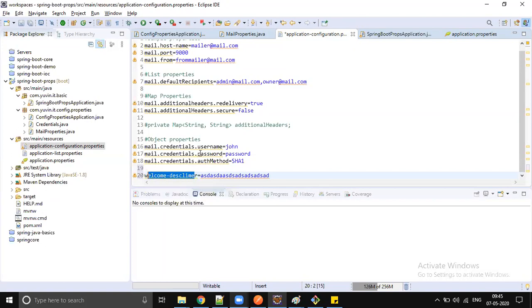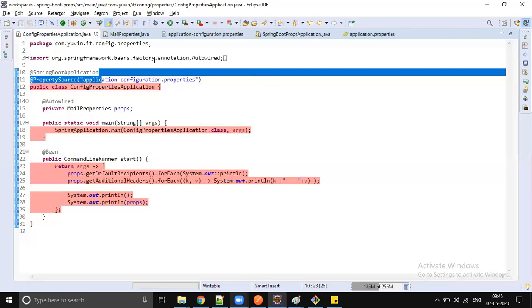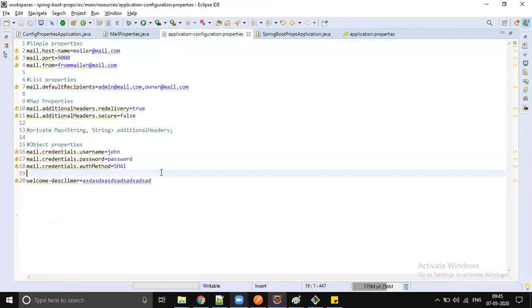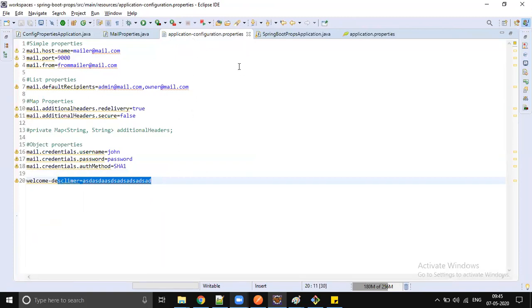I don't want to put it inside my mail properties, because mail properties is a grouping where I hold all the mailing information. But if you find something which is not a grouping mapping, then that should be loaded with @Value or Environment. Anything is fine. Okay, so that's what I'm telling.